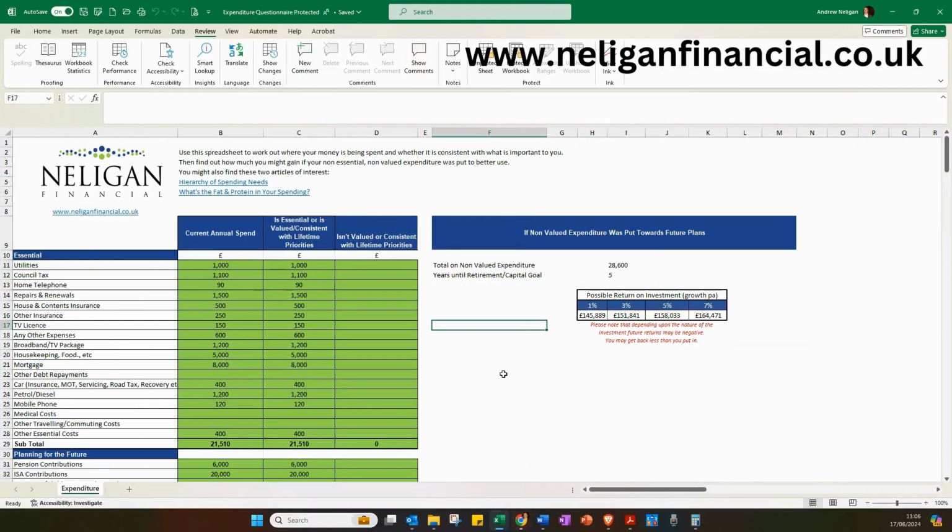What we've got here is a spreadsheet I've put together that will help you go through the various items of your lifestyle, your expenditure, to look at where your costs lie. So you go through your bank statements and your credit card statements and look at your direct debits and standing orders, and you can use that information to populate this spreadsheet. Or if you prefer, you can do it on the back of an envelope with a pen, but this gives you all the categories you might need.